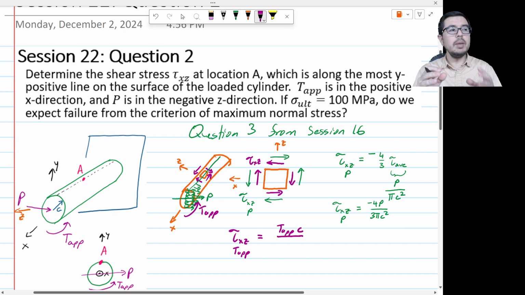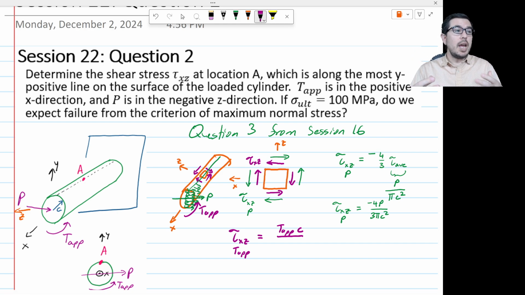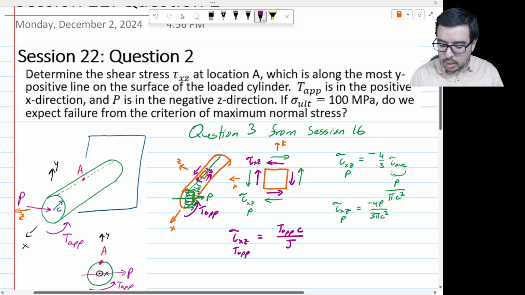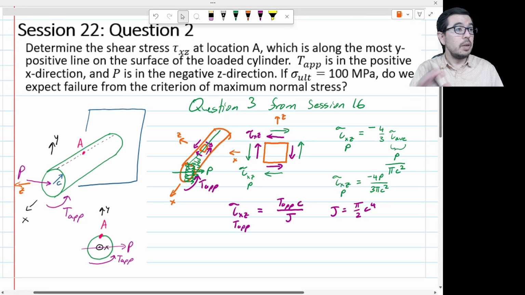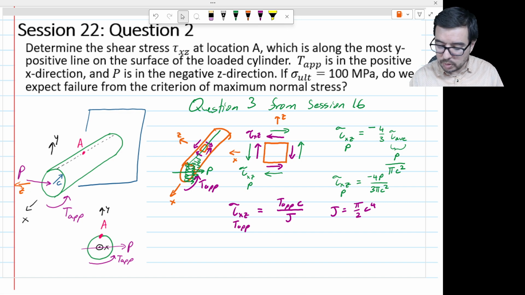Right now, this is not a beam. Before we talked about beams in class, we talked about rods and shafts. So this is in the category of the twisting of a shaft or rod. So T_app c over J, and J is equal to pi over 2 c to the fourth. I is equal to pi over 4 times c to the fourth. J is equal to pi over 2 c to the fourth. Both of those equations are for a circular cross section. So we can therefore write that the total,